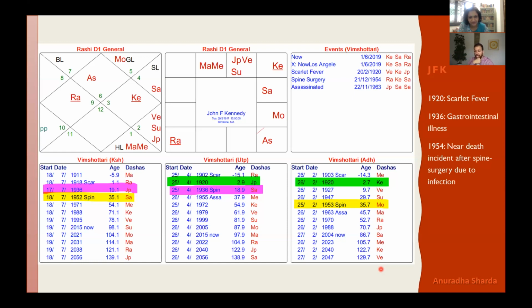Now, the first thing somebody will ask is, does this mean I can calculate when John F. Kennedy was supposed to die? And I'll say, I think he died in 63. He was assassinated. And only one of the dashas was occurring in 63. None of the others were. So it didn't work for that principle. But that's okay. It doesn't have to work because maybe he was destined to be killed by assassination. Maybe that was his Nitya Ayush.